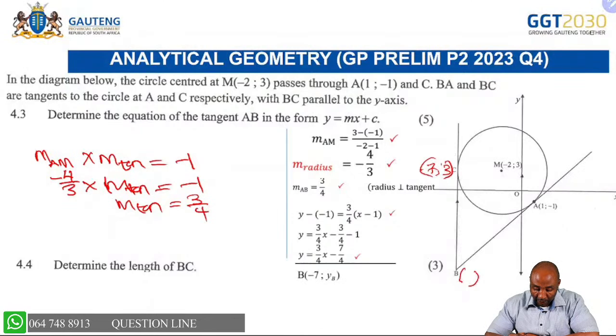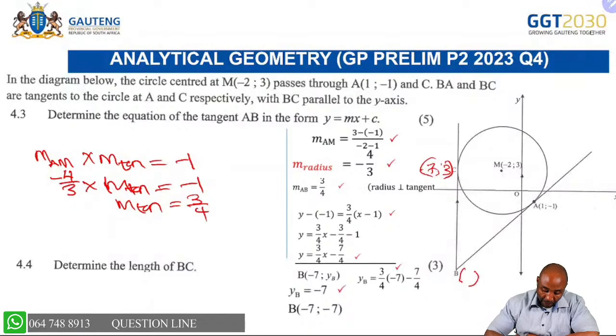And we know that the value of B is -7. We substitute into our equation of the straight line, and we get the y value as -7. So the coordinates of B will be -7 and -7. But if you check, so this is